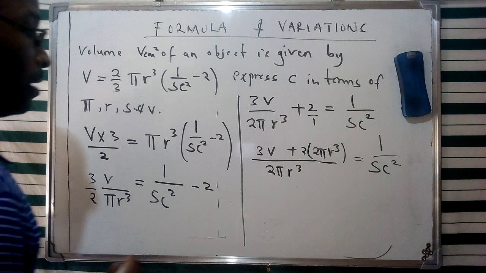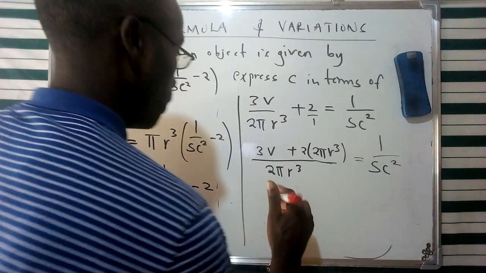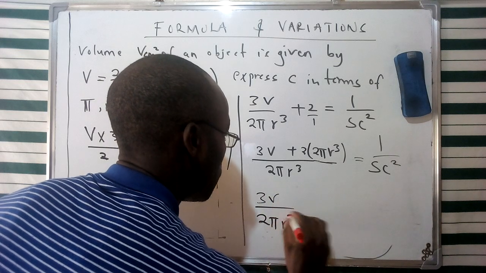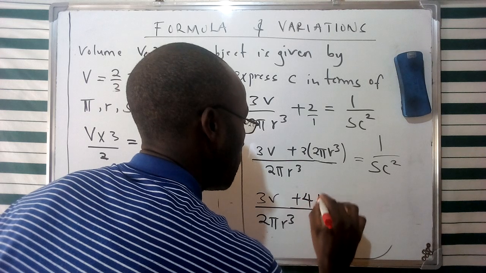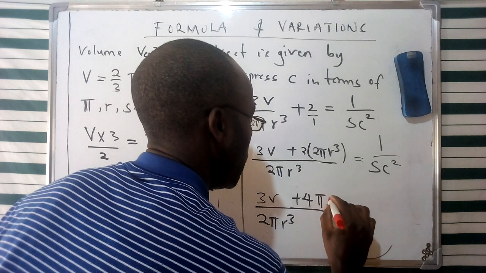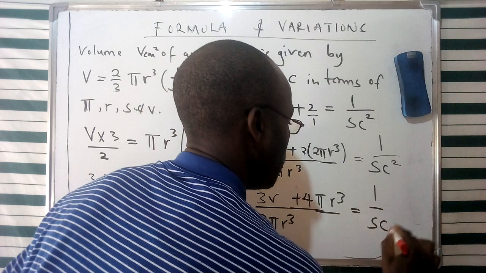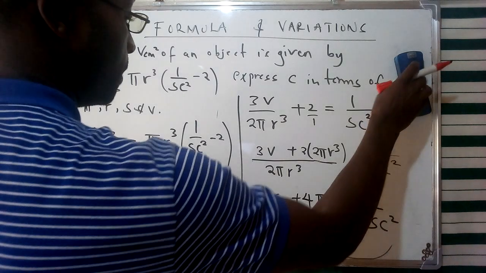So therefore I can expand on that one, or at the same time I can multiply times s, but I'm going to just expand it and have it 3v over 2 pi r cubed, and then this is going to be plus 4 pi r cubed given as such is equivalent to 1 over sc squared. So from that specific point, then therefore we can do a multiplication of this specific